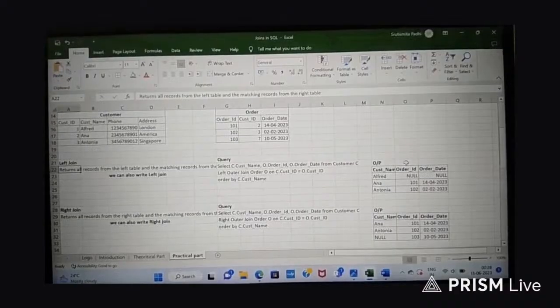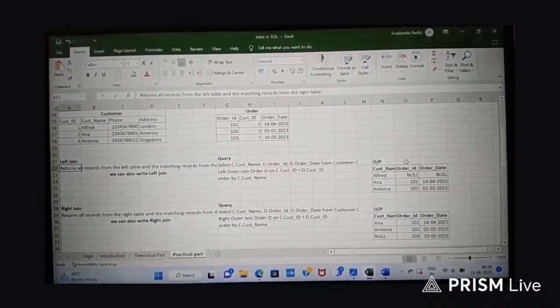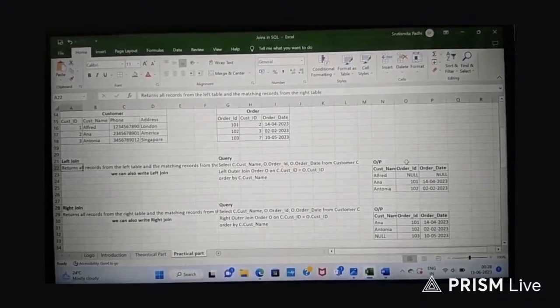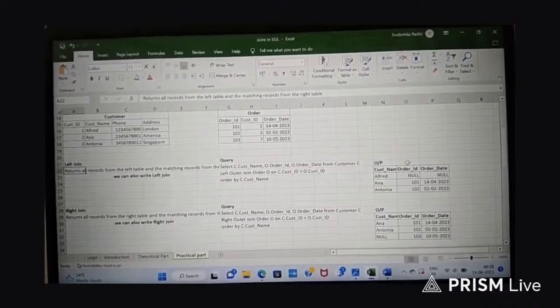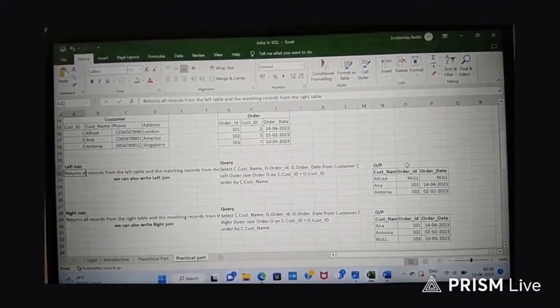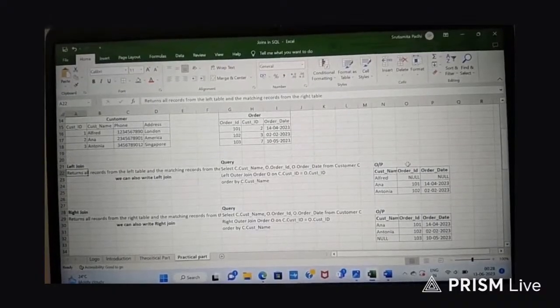In the left table, which is the customer table, we have Alfred, Anna and Antonio. Anna and Antonio have placed orders, so their customer details we can see in the order table also, with order ID and order date.